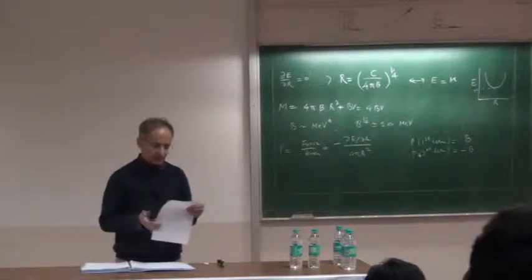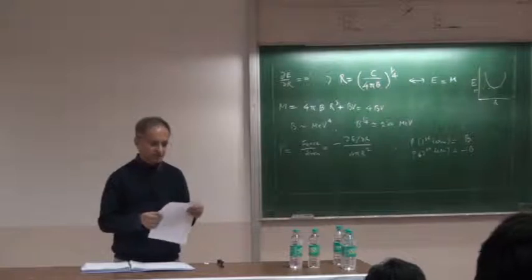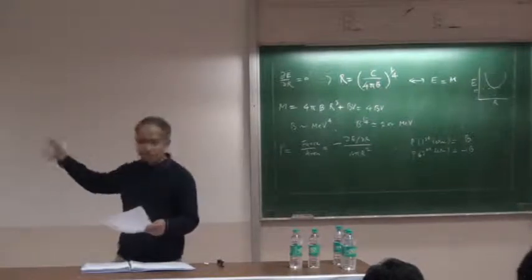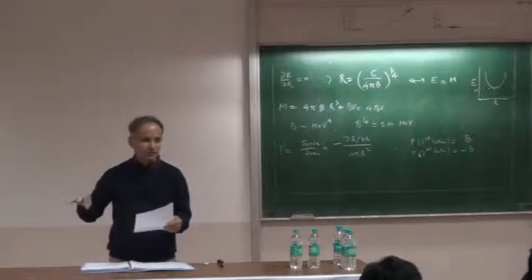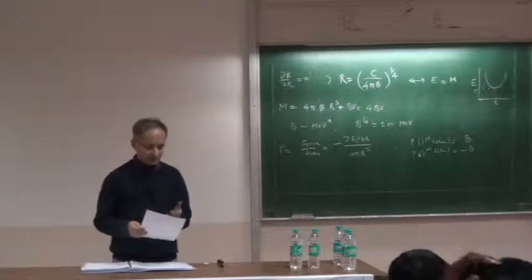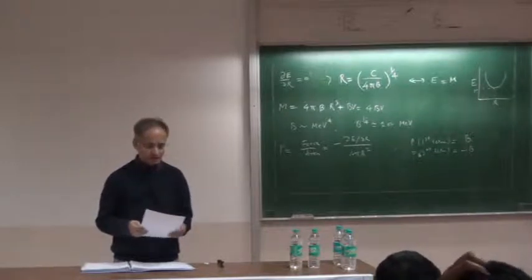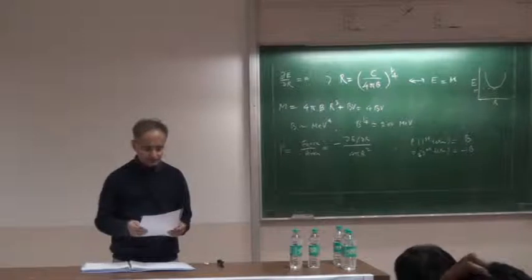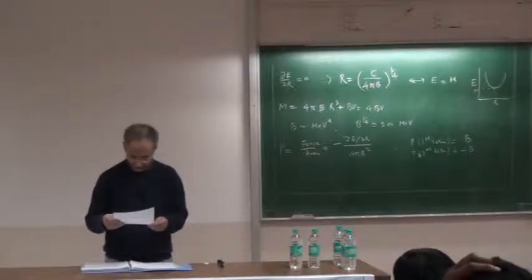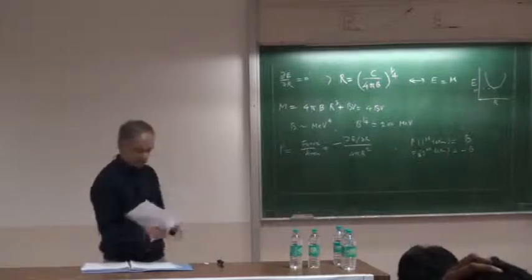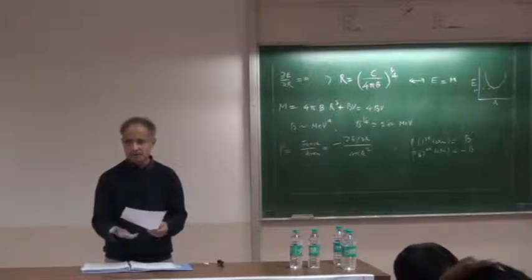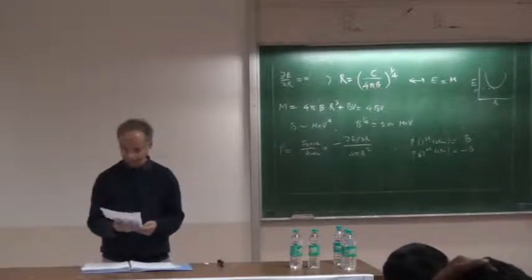Then there is something called Casimir energy of the quarks and gluons in the spherical cavity. That also is not there. Then there are effects of mesons around the nucleon. There's a cloud of mesons around the nucleon, which is also not there. So there are sophisticated versions which take into account all these effects. But for our purpose, this is enough, that there is some vacuum energy which we have not included in our pressure calculation.